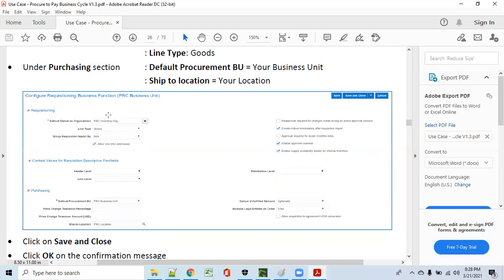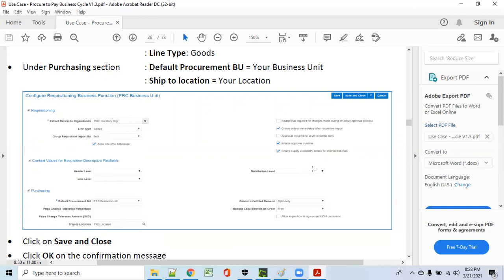If you want to group based on your condition, you can select whatever condition you have. And similarly, we have descriptive flex fields. If you want to bring more descriptive flex fields, that is a different one. And similarly, you have to define the purchasing. So requisition BU, it is pointing to which BU of procurement. That also you have to select here.